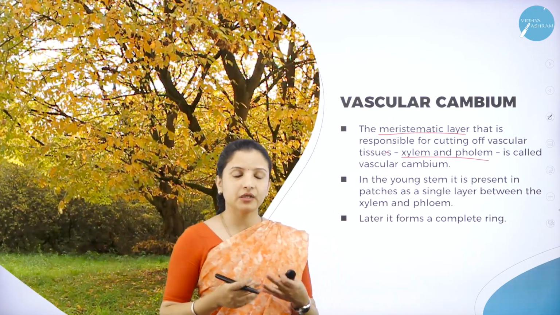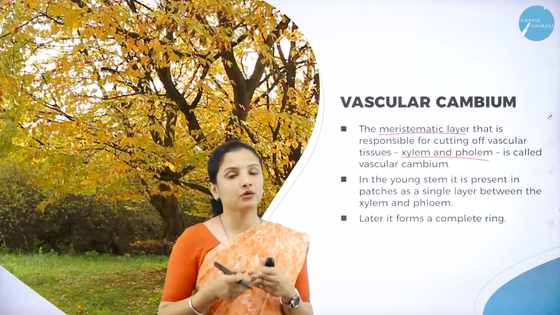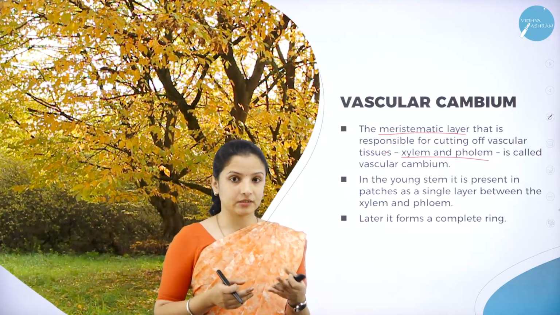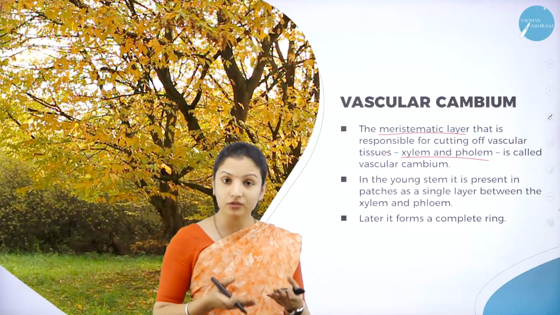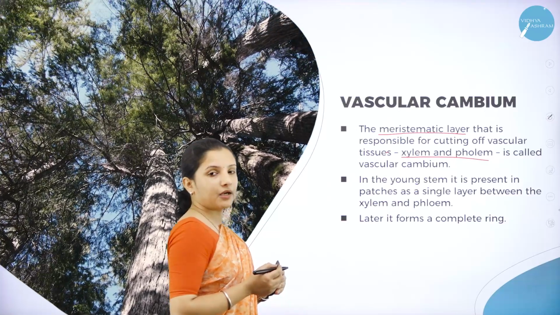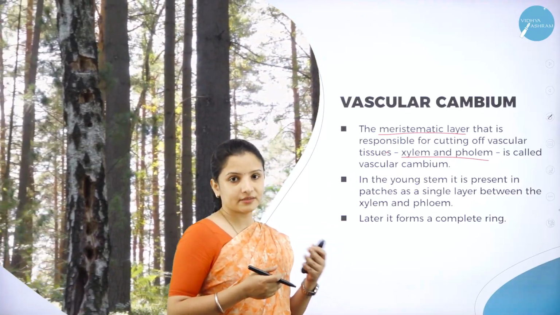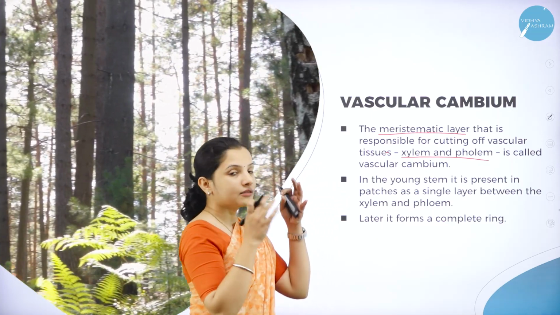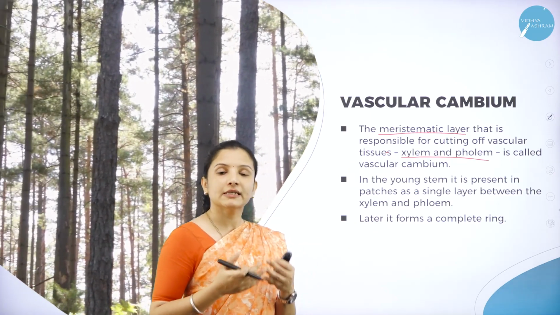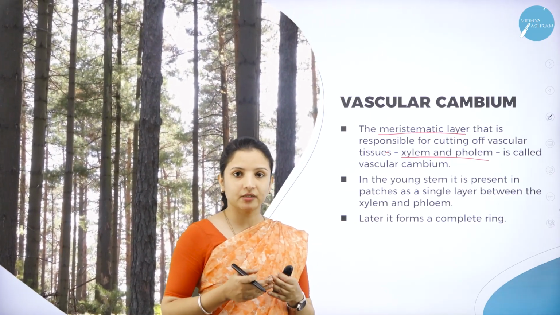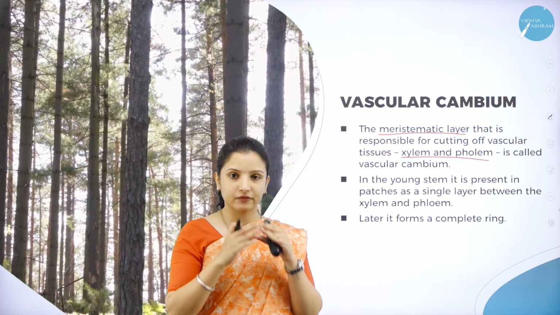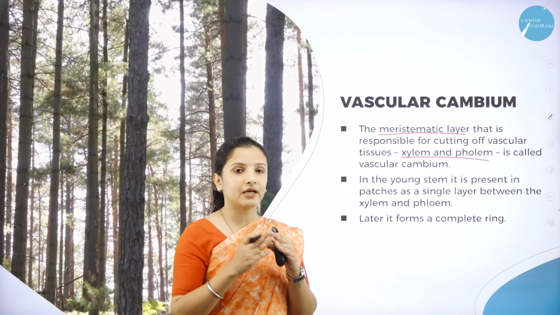If you remember, in the previous session, while studying the vascular bundles, I had told you about the conjoint vascular bundle, that is the conjoint open vascular bundle, the conjoint closed vascular bundle, and so on. So what happens if it is an open vascular bundle? There is the cambium present between the xylem and the phloem. Similarly here, the cambium is present between the xylem and the phloem. What are xylem and phloem? They are the vascular tissues or the vascular bundle. Therefore, the cambium present between the food conducting tissue, that is the phloem, and the water conducting tissue, that is the xylem, is called the